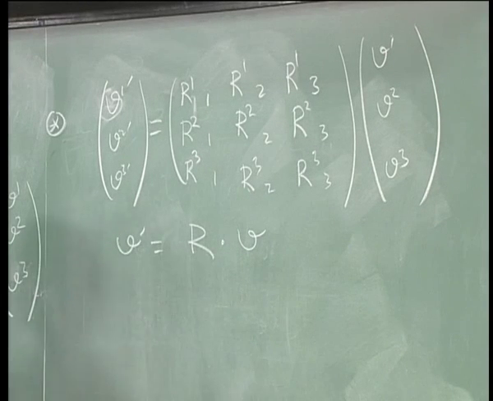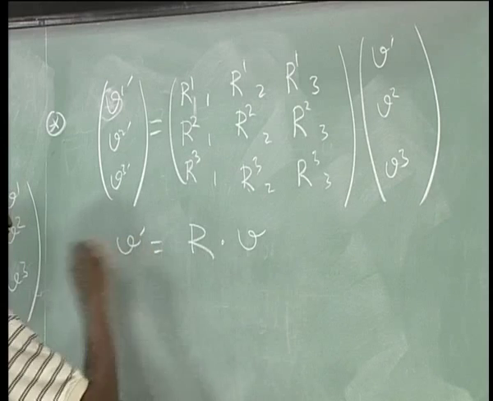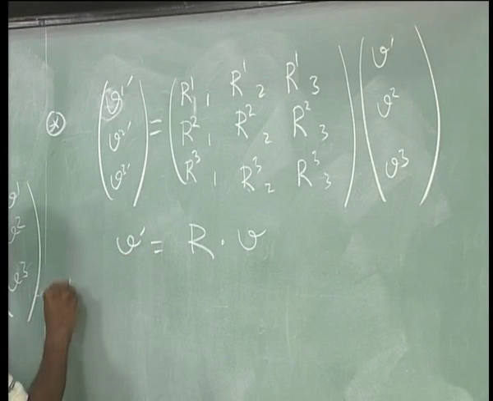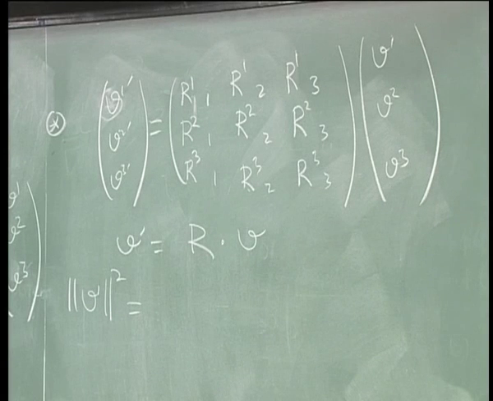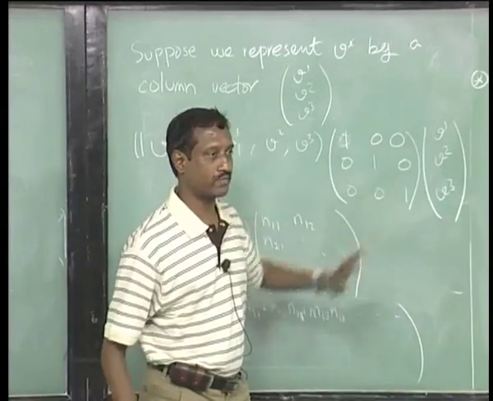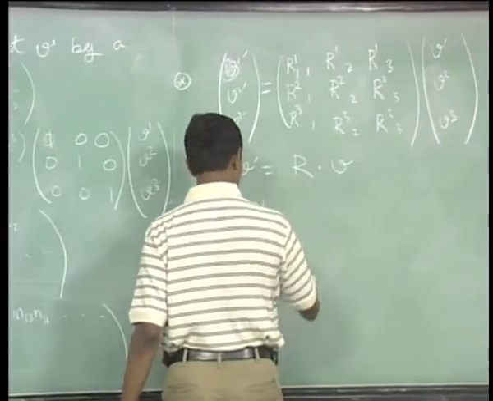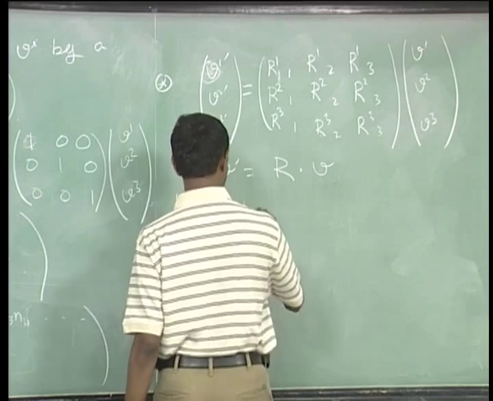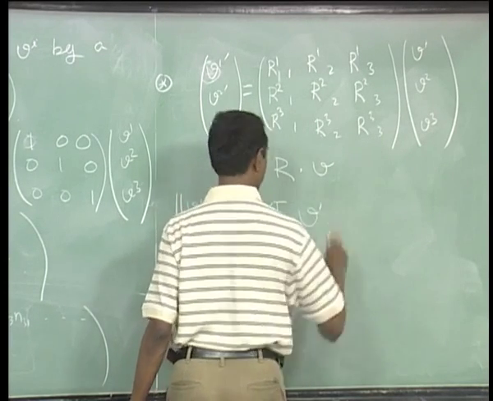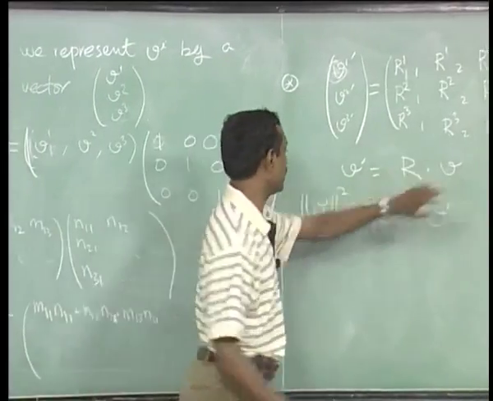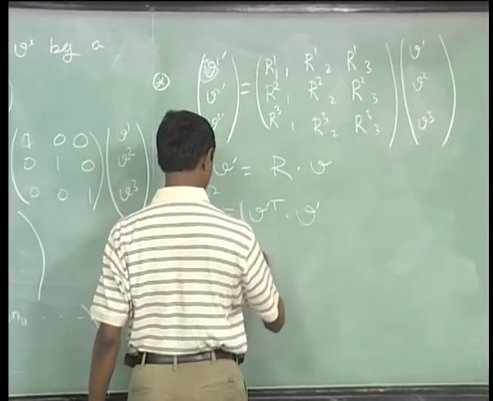Okay. So now we can characterize rotations. We were told that rotations actually preserve the norm, and let us understand how that works. So we have to ask what is V prime squared. Since this is just the identity vector, this just gives you V transpose. So let us see what we get. What we get is V prime transpose dot V prime, but what is V prime? It is R dot V. So we end up getting